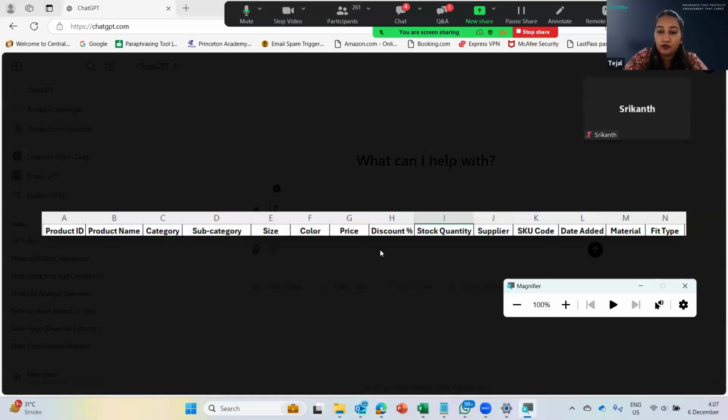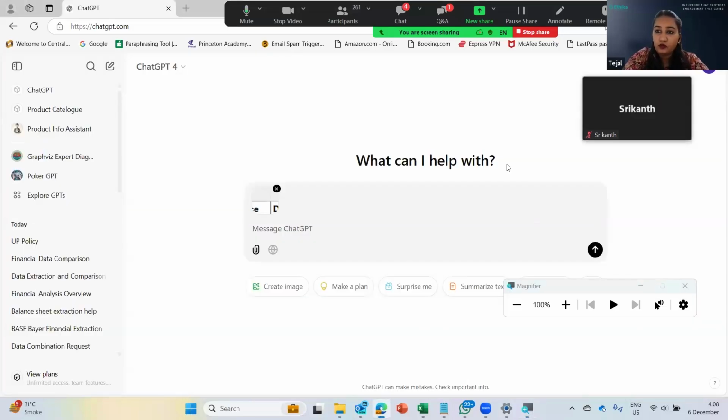I haven't given any data because it's confidential, it's my data. I don't want to share it with ChatGPT. So I've just given a screenshot of the headers with the column names also, so it understands which header is on which column. Okay, I'll say I want to